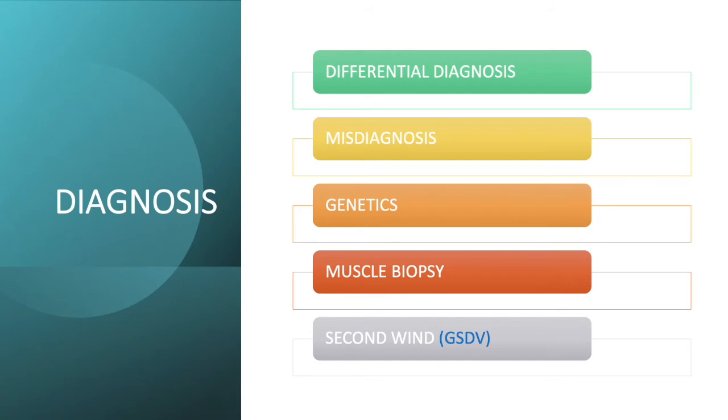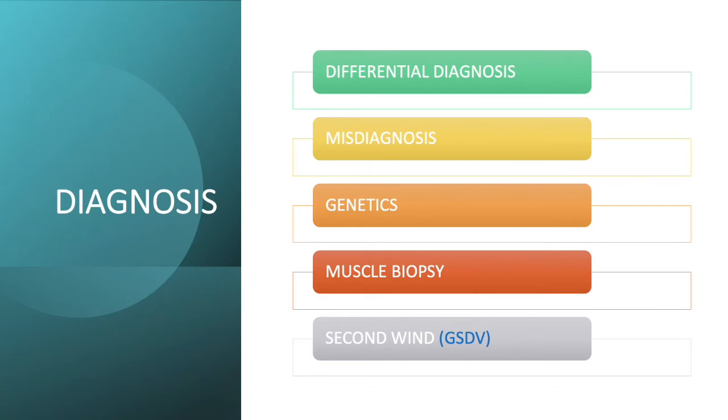We then talk about misdiagnoses. Again, there's quite a bit of information for GSD5, but 90% of people with GSD5 have received a misdiagnosis prior to receiving a corrected diagnosis. That came out of a 2017 paper by Skelko. The hope is that if we can outline what some of the more common misdiagnoses are, future patients won't have to go through that and can receive a corrected diagnosis at an earlier age, and therefore implement best treatment at an earlier age. We then move on to genetics